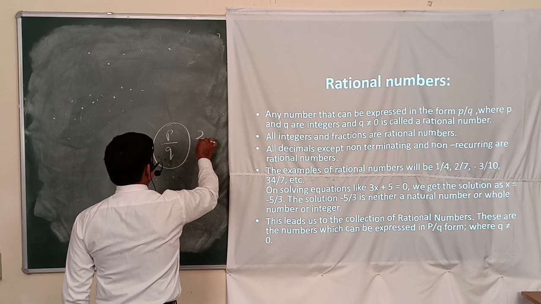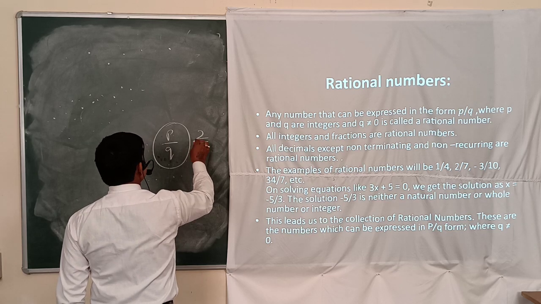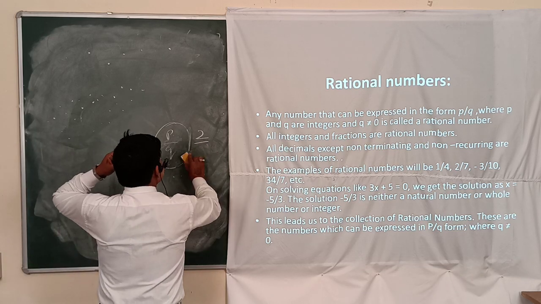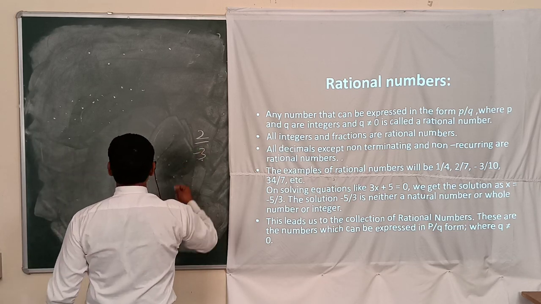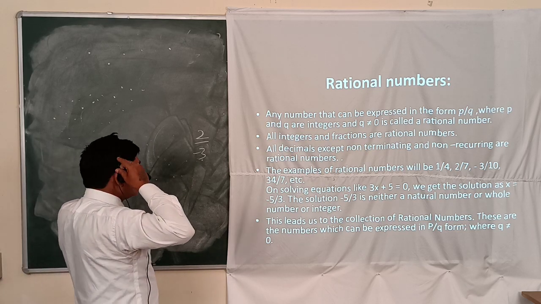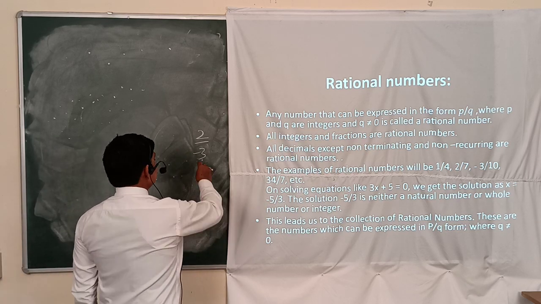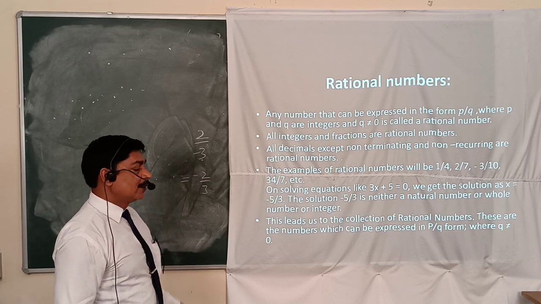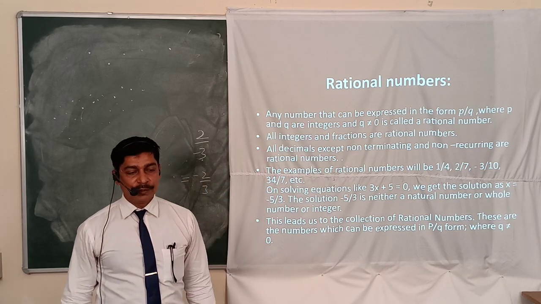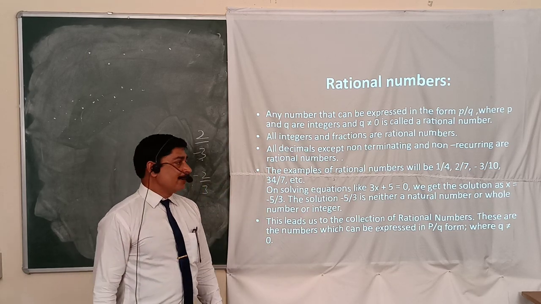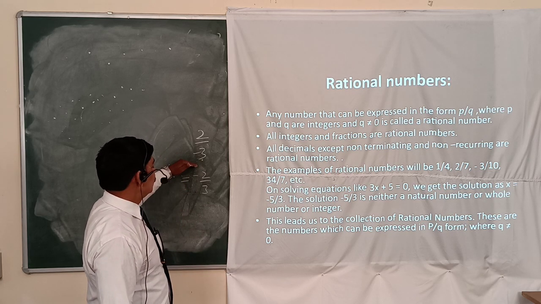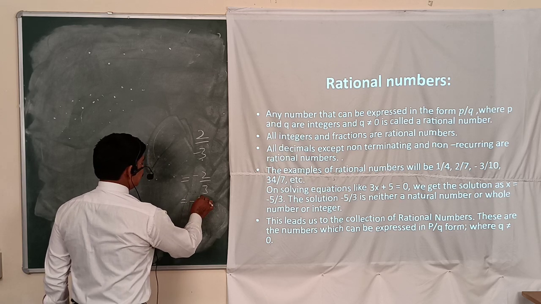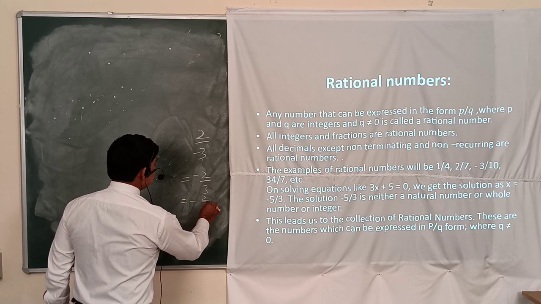Generally we say that the denominator should be positive only. Sometimes in some questions, a rational number is given as 2 by 3, and the next one, where 3 is negative, is 2 by minus 3. In this case we will transfer the negative sign to the numerator, so it becomes minus 2 by 3, meaning the denominator we have to keep positive all the time. If the denominator is negative, we can transfer the negative sign to the numerator. Or you can write the common minus sign in front, minus 2 by 3.